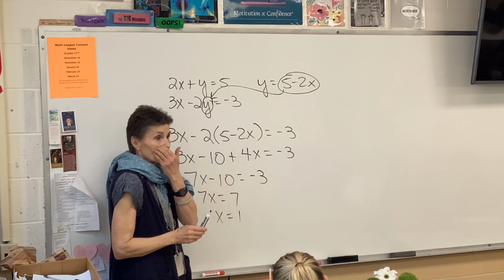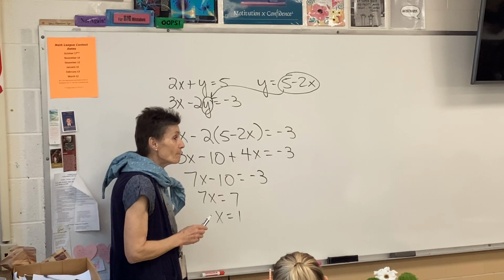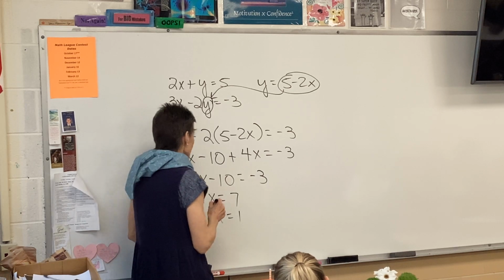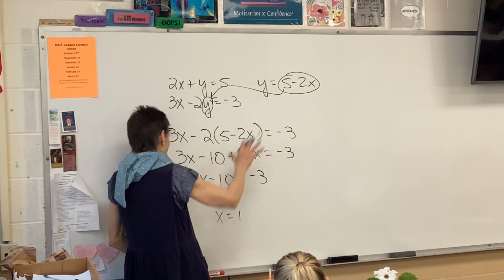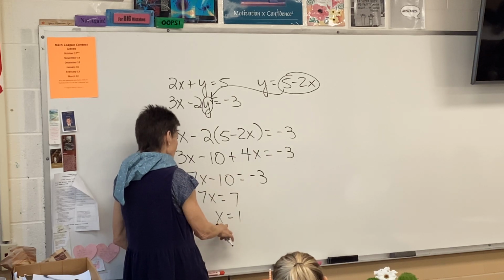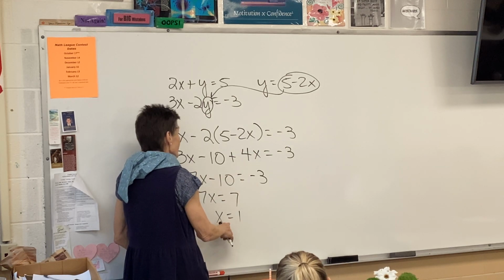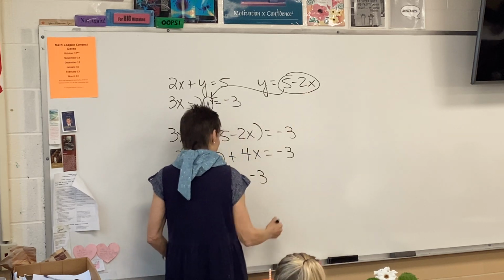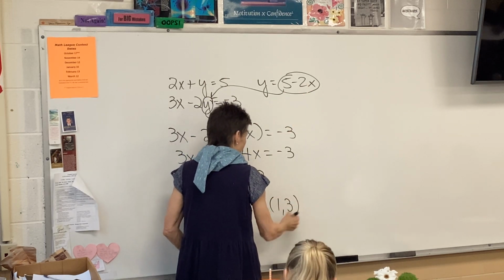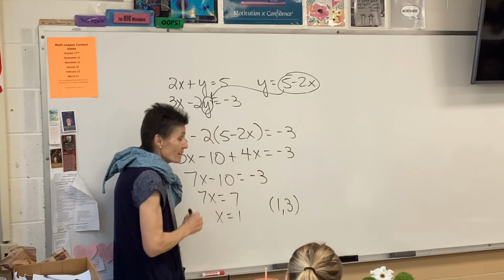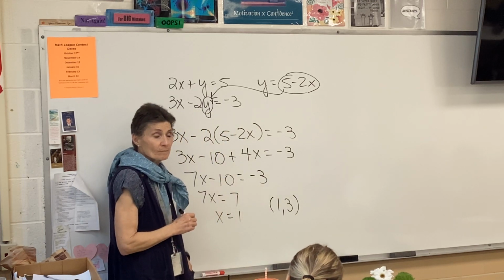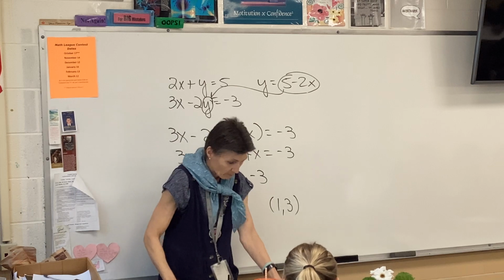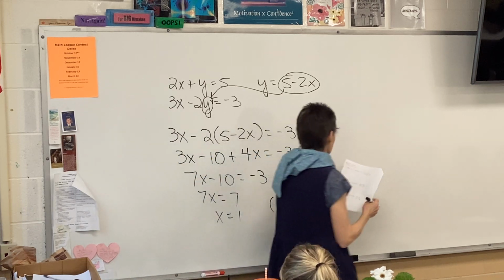Right? Okay. Then what? Then plug that in. Plug that back in wherever you're comfortable plugging it in. Make sure you're plugging it in for x, because that is an x. So I'll put it in right there. If I let x be 1, it looks like y is 3. And I write my answer as an ordered pair. And I'm on to the next problem, which is